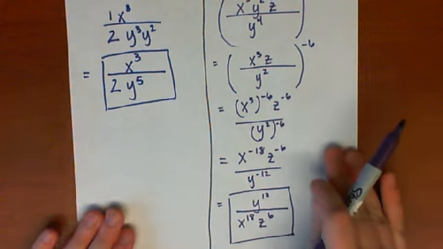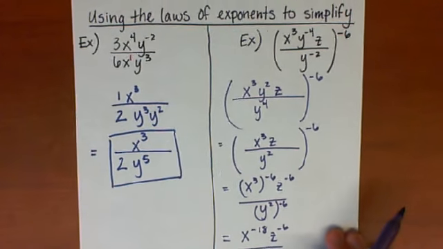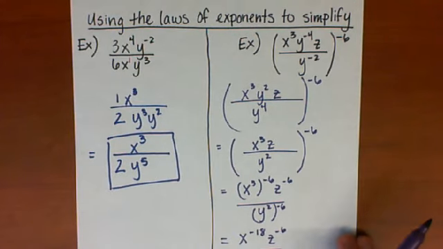So a couple of things to remember when you look at this. Make sure that you're using these rules in the appropriate way. If you have terms, you're not going to be able to use these rules. You need to have things that are multiplied or divided. The other thing is make sure that when you're done simplifying, you should have no negative exponents. So be careful about that and really watch out for those signs when you do that. And so now we have gone ahead and simplified each of these expressions.